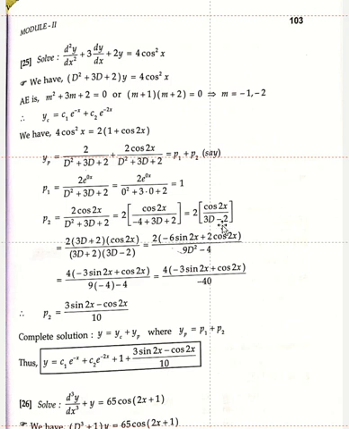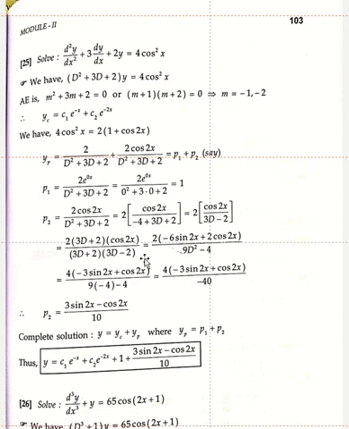Therefore, 2 into, here take the conjugate. What is the conjugate of 3D minus 2? 3D plus 2. Multiply and divide by 3D plus 2. Therefore, 2 into (3D plus 2) cos 2x divided by (3D plus 2)(3D minus 2). That is equal to 2 into, first multiply with 3D into cos 2x. 3 into, what is the differentiation of cos 2x? The differentiation of cos 2x is minus 2 sin 2x. Minus 2 into 3 is minus 6 sin 2x, plus 2 cos 2x, divided by